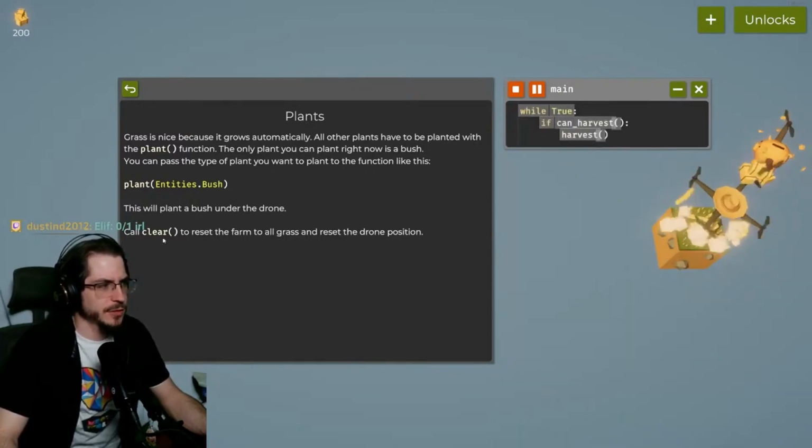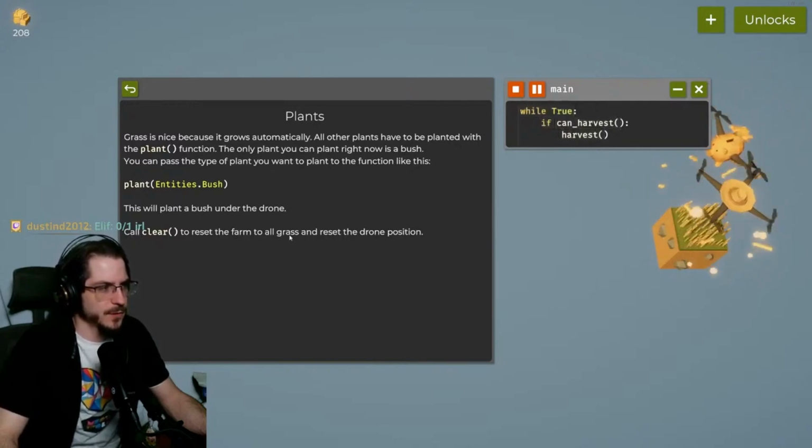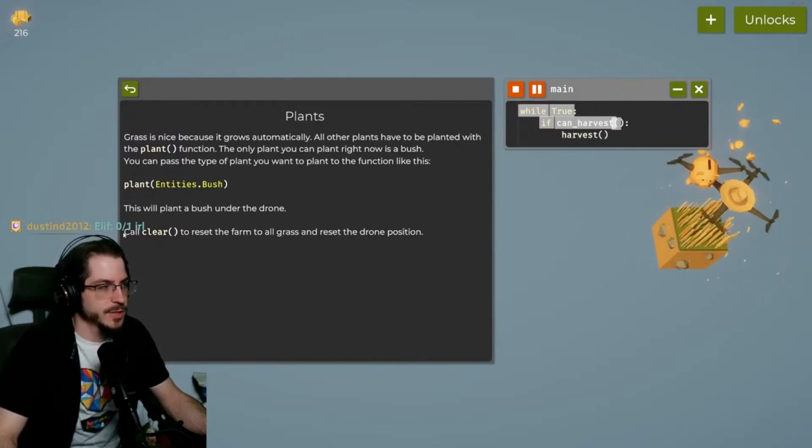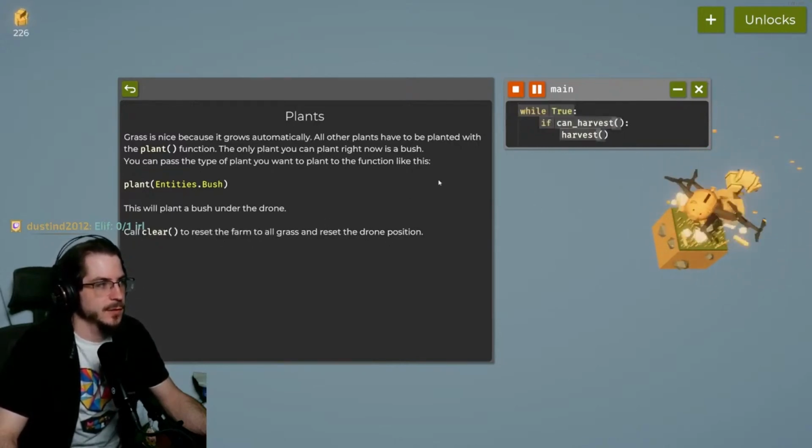This will plant a bush under the drone. Clear to reset the farm to all grass and reset the drone position. Nice, I didn't realize this. Cool, so,